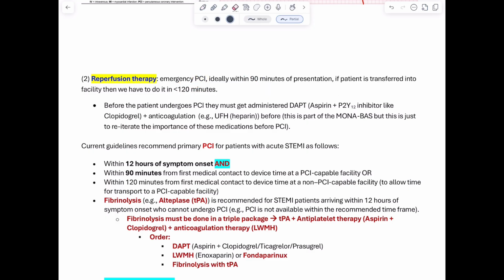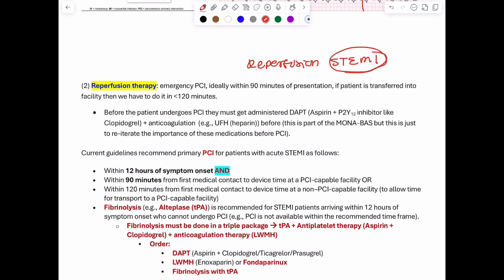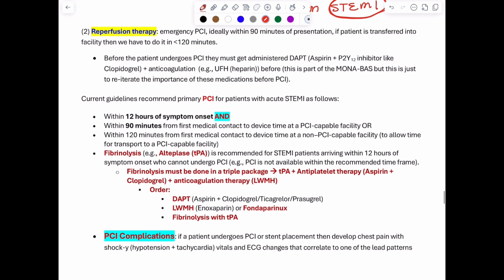And again, the reperfusion here is only for STEMI. The Nakoba's thing that we just discussed, the list of medications, this is for all of them: STEMI and unstable angina. But the reperfusion thing that we're talking about right now is only for STEMI, because STEMI and unstable angina are going to have 2 different things, okay? So